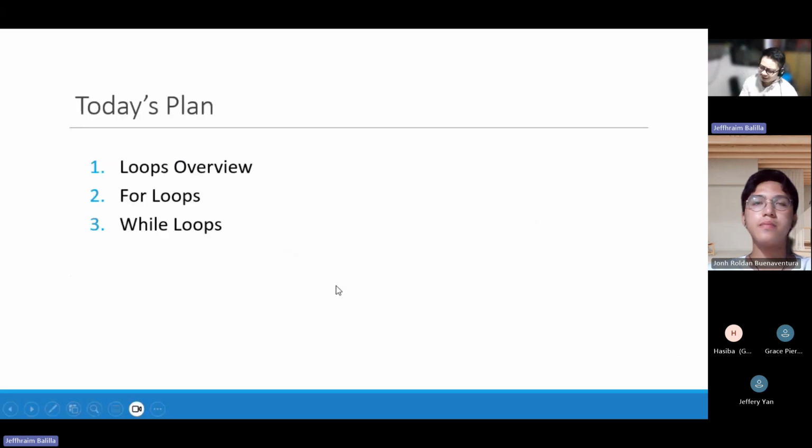So for today, I want to discuss the overview of loops, for loops, and while loops. But before that, do you have any questions about the conditional statements?